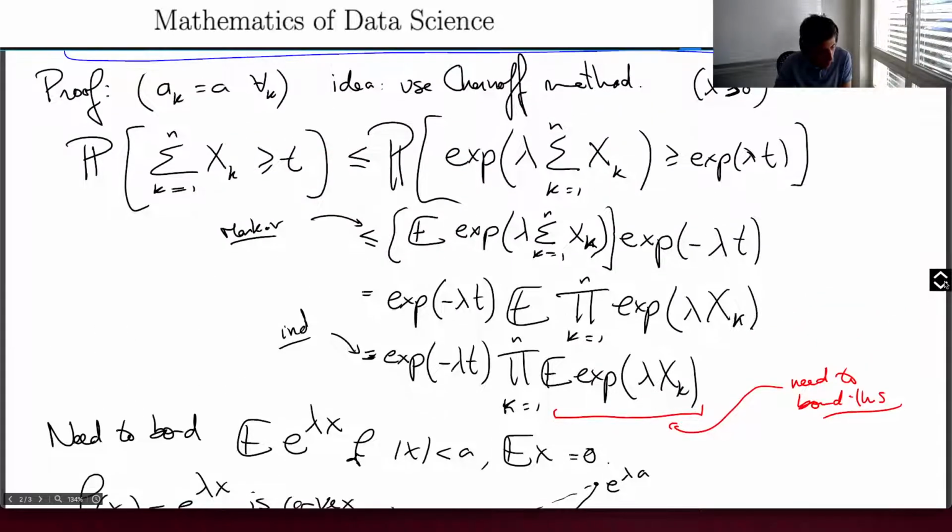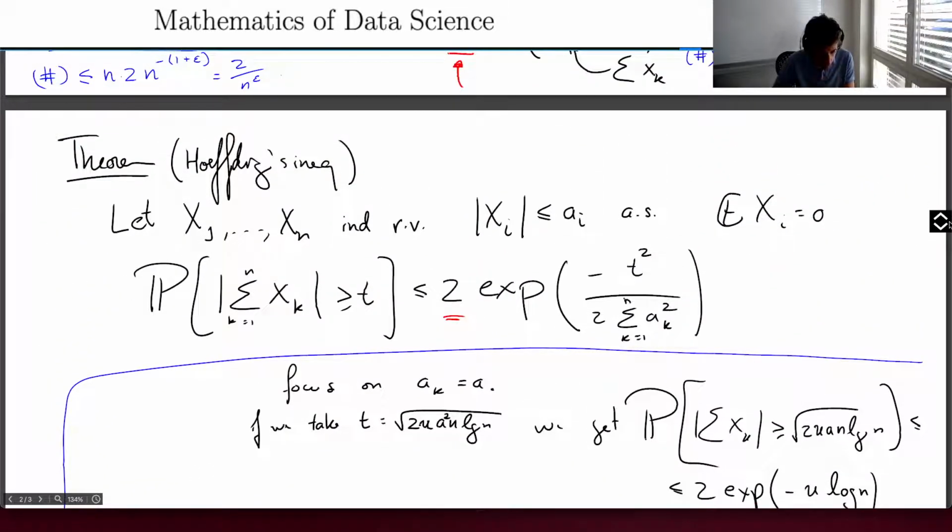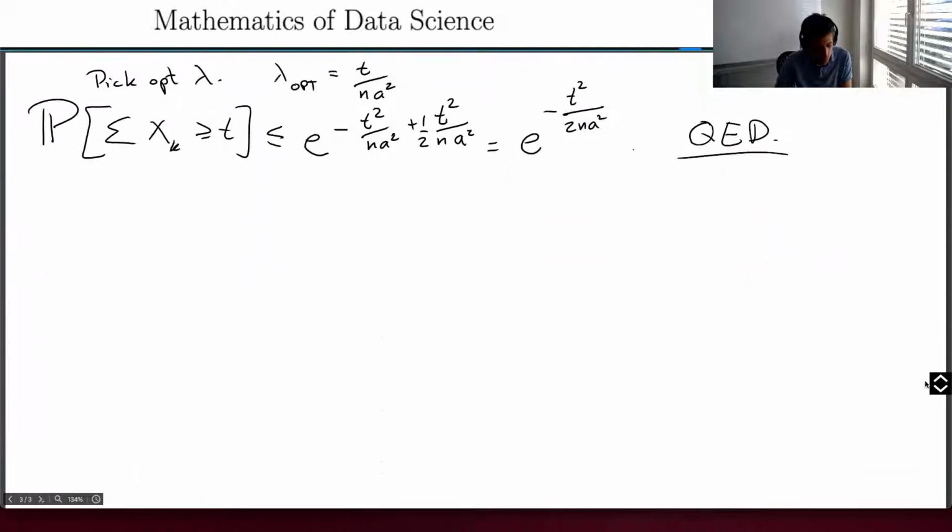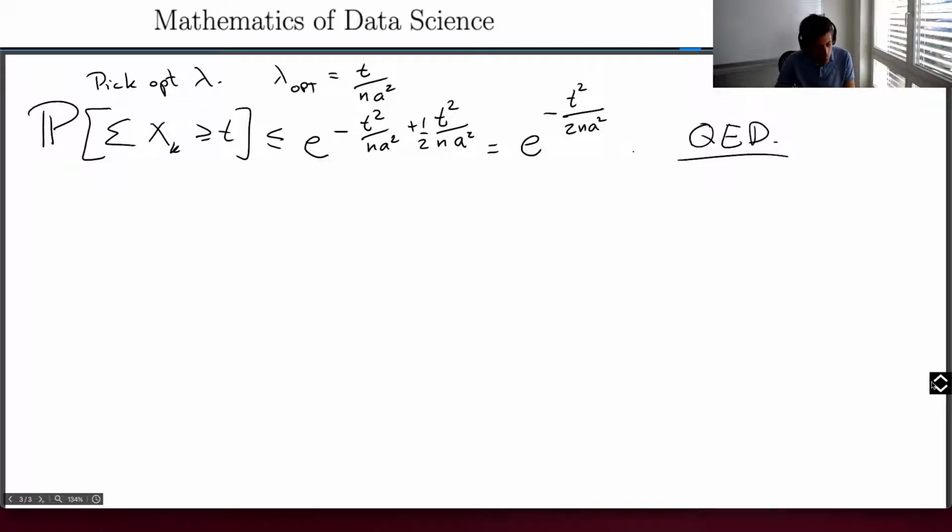Remember what we saw here, right? It's exactly what we wanted to show. Here I get n a squared rather than the sum of the ak squares, but you know the argument would just be exactly the same. Okay, and now to get the other tail, you would have to do the same